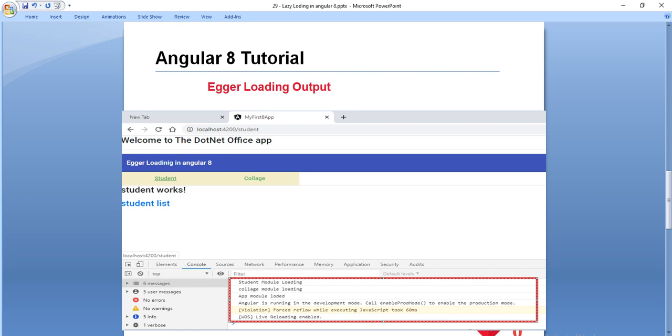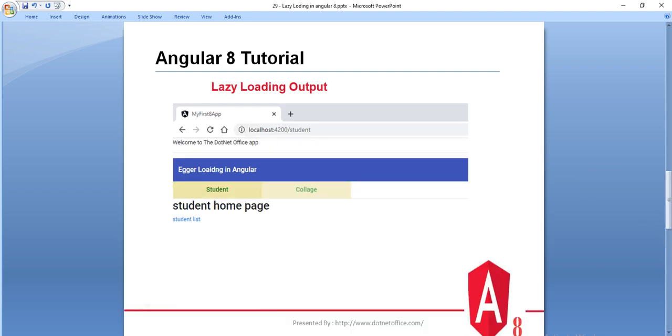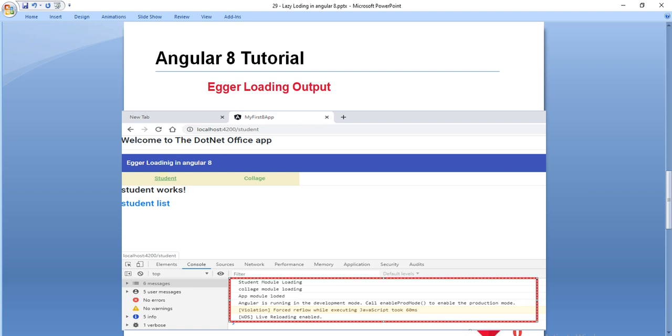So basically, in eager loading, which we have seen in the previous tutorial, when we created this application we can see in the console log that it is loading the student and college modules first, then it is showing the app, then it is running the Angular application.